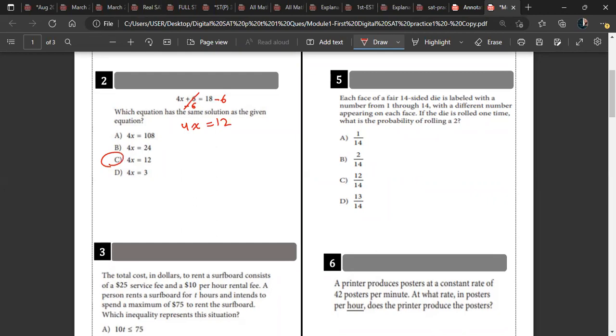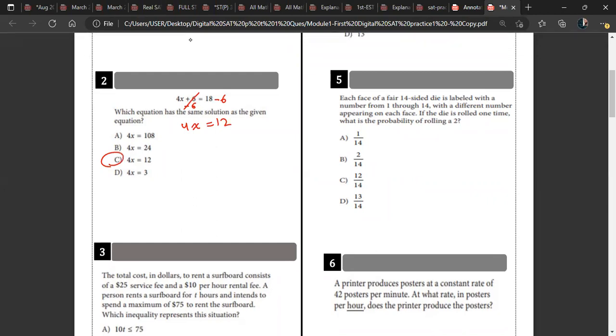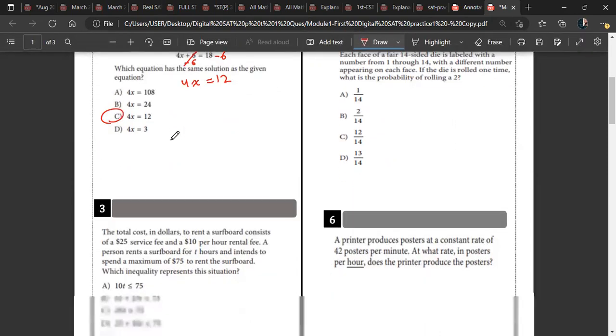Any question here, guys? If you have any question, just send to me. Okay, let's complete. Here in question number 3,